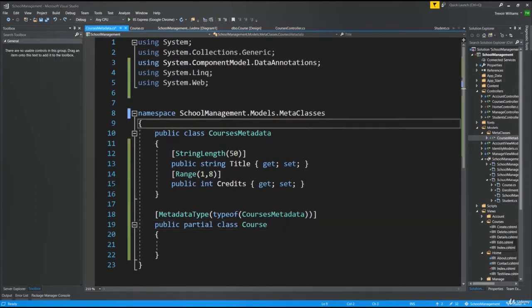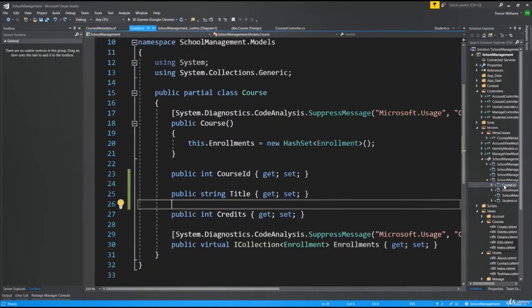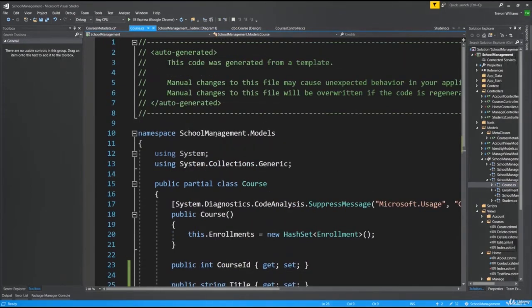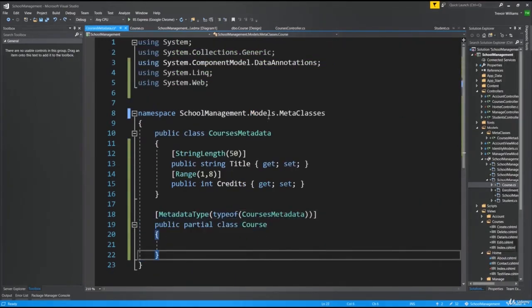Now, one final change before we move on, and this is very, very important, and it's a common mistake that people will run into trying to maintain that separation of concerns: the partial class that you define needs to be in the same namespace as the class it is, well, let's say a part of. So if I go to Course and I look at the namespace, I'll see that it is in SchoolManagement.Models. If we look at where the namespace is for the partial class, we'll see that it is in